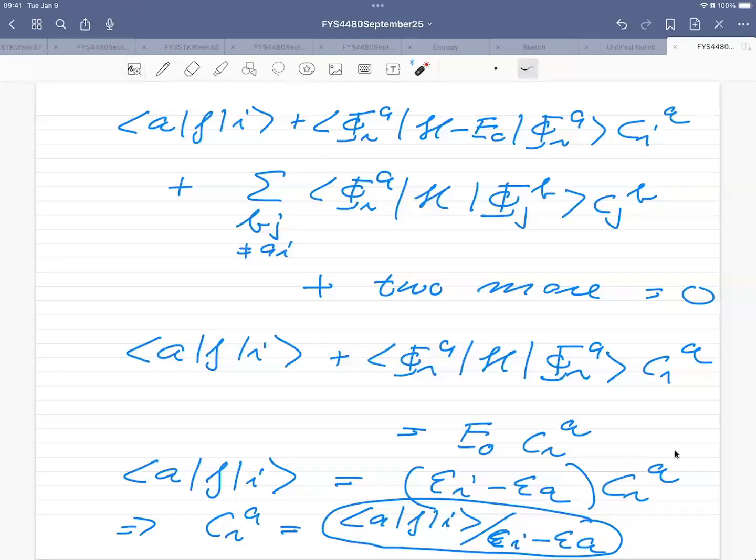So you could start an iteration where you simply say that my zeroth value is equal to this one. But then you would have to do the same for the 2-particle 2-hole, 3-particle 3-hole, etc. This becomes very inefficient, but we are going to come back to this type of equations when we look at many-body perturbation theory and coupled cluster theory, because then you have a recipe by which you can find these coefficients in